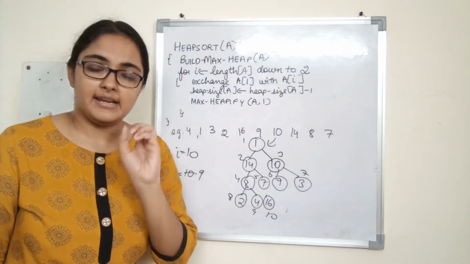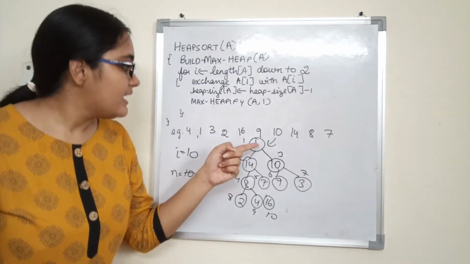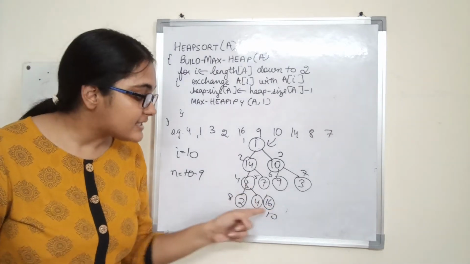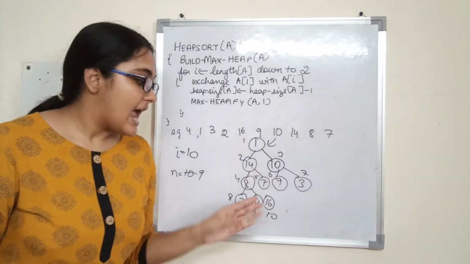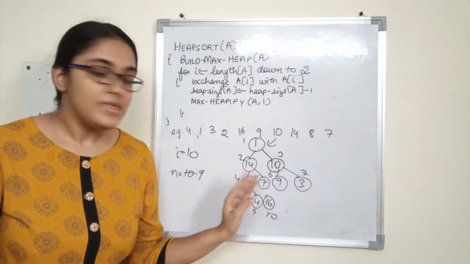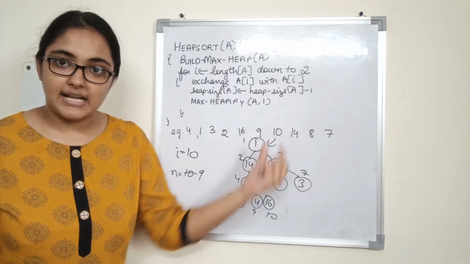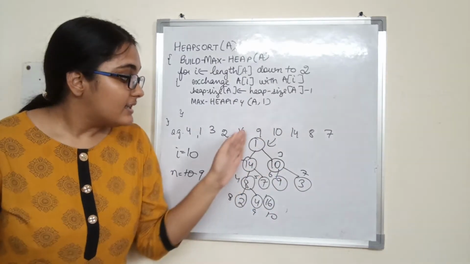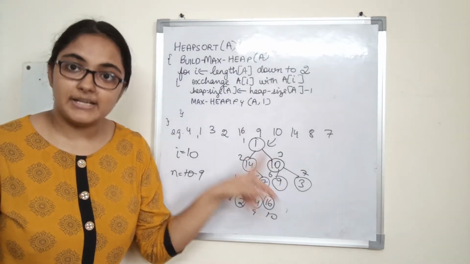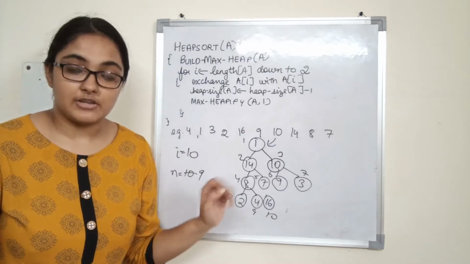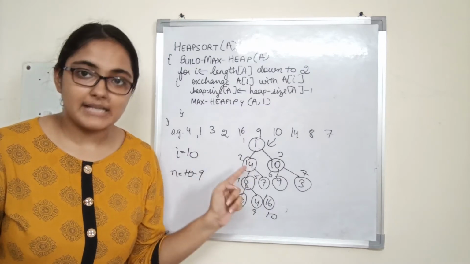If we say there are n elements and the index is starting from 1, so the largest element should be present at n. So what we did, we exchanged the first element with the last element. So the largest element is present at its correct position. So one element we have placed at the correct position, and now the size of the heap has been reduced. Why? Because now we are trying to find out the second largest element, then third largest, then fourth largest, then we are finding the next largest element and placing it at the next position. That is, now we will find the second largest element and place it at the second last position. How will we find the second largest element? By converting this structure into a heap, by calling max CP5 on this, right?